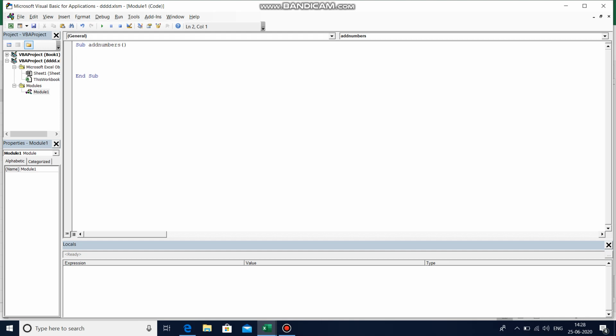Now declare a variable with dim keyword as integer, because our concept is to create serial numbers. Number is an integer, that's why I have created a variable of integer type. Now I is equals to input box, enter any value.